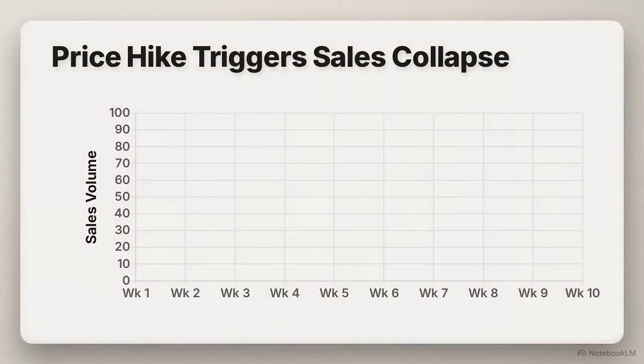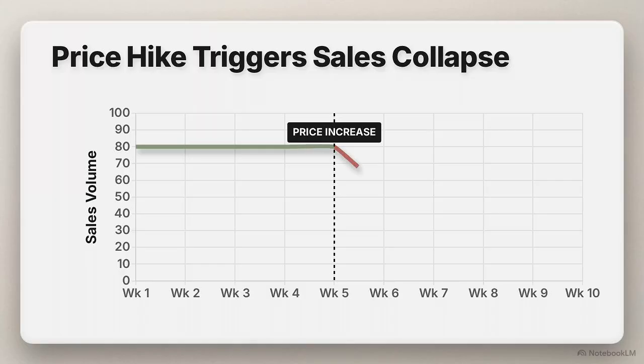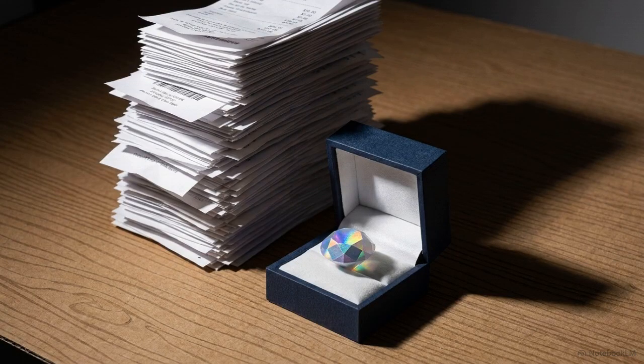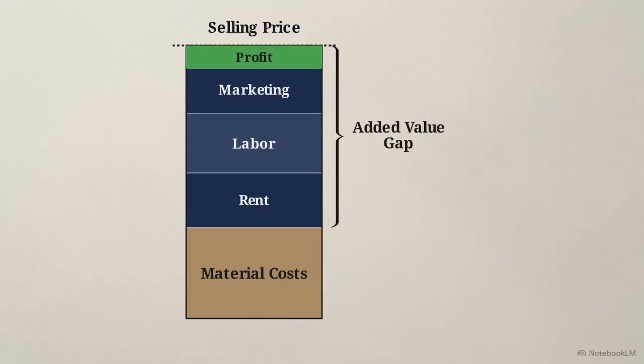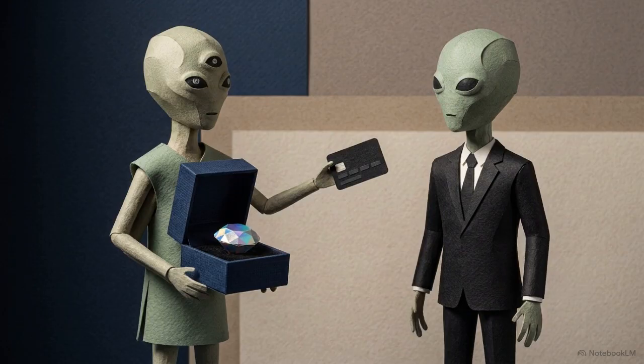If the market looks at the product and rejects the idea that it has premium quality, the business will see its sales volume plummet. There is also a hidden operational risk. Decorating a shop to look luxurious and hiring experienced staff inherently increases your other running costs. You might widen the added value gap, but your overhead could consume the difference, threatening your profit. Pulling the price lever only works if you successfully convince the buyer that the benefits match the price tag.